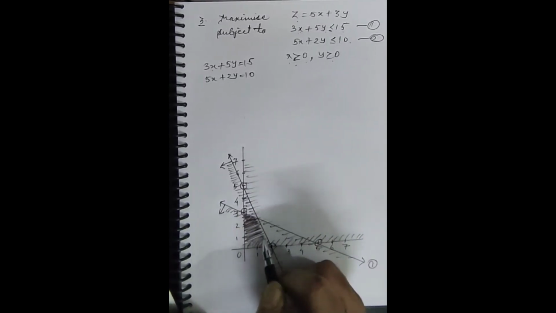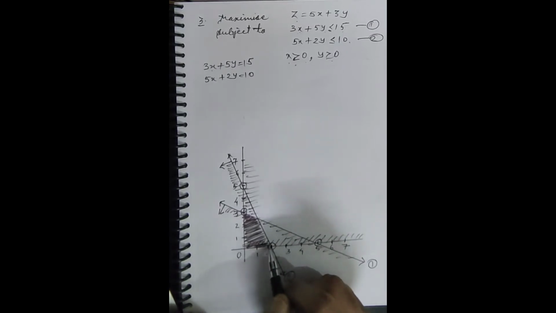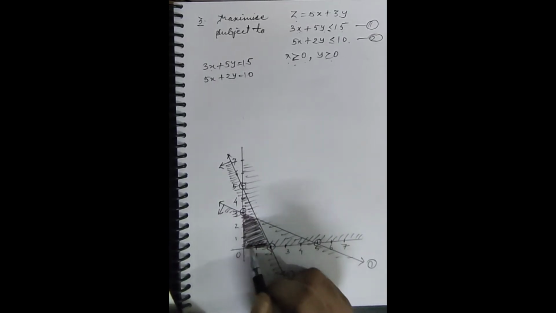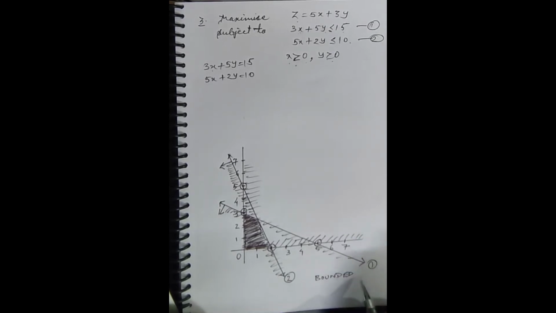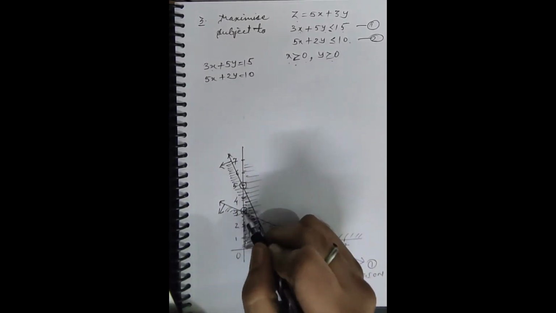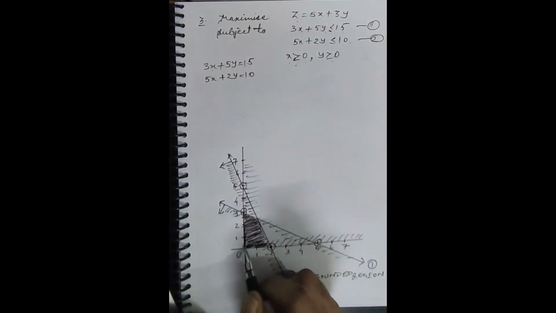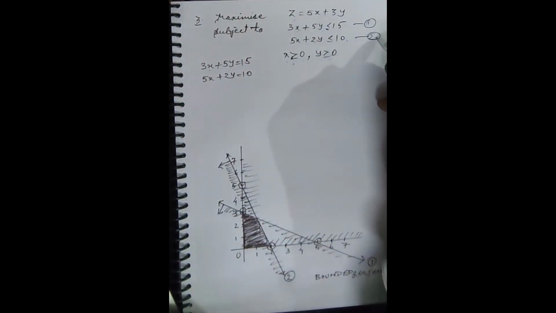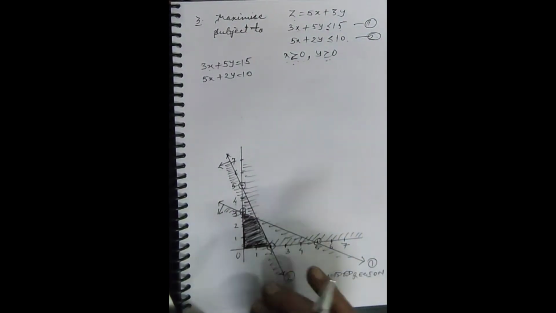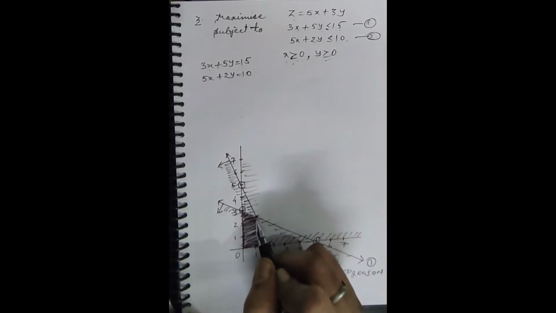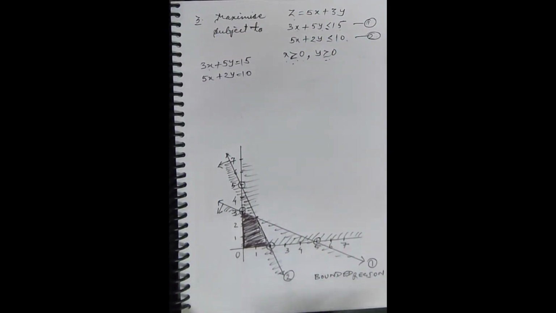One more important thing: if the feasible region is a polygon enclosed by sides, such a region is known as a bounded region. Let me tell you, this is a bounded region. Why bounded? You can see it is enclosed from all 4 directions. Its boundary is formed by these 4 inequations only, 1, 2, 3, 4. In general, the number of inequalities decides how many sides the polygon will have. As we have 4 inequations, 4 sided means we have a quadrilateral.